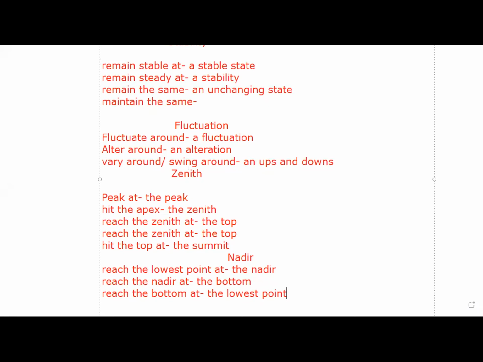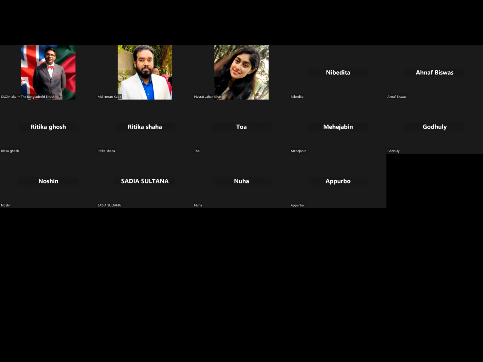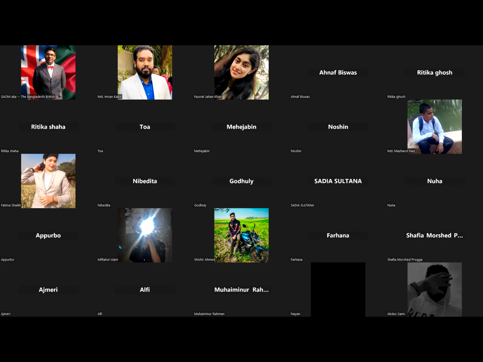And you know that there are different kinds of graphs and charts in IELTS writing part one. There are some called line graph, pie graph, table, bar chart. There are varieties of things. So now, stability we saw